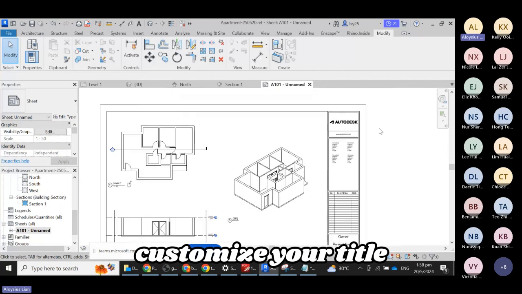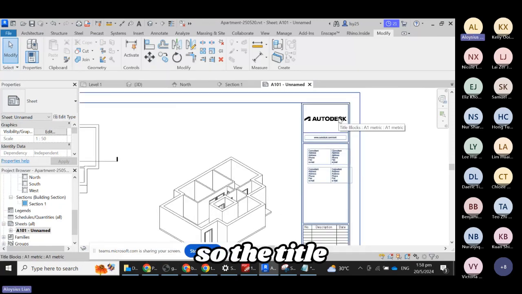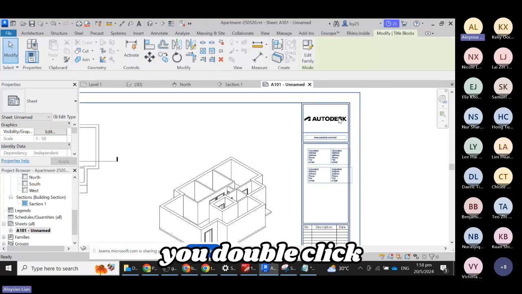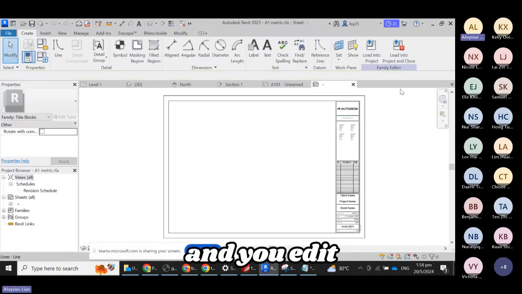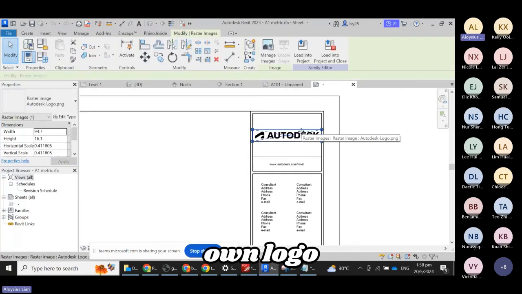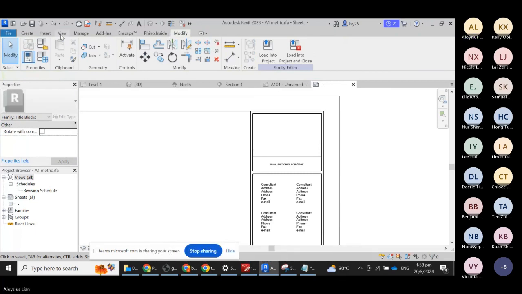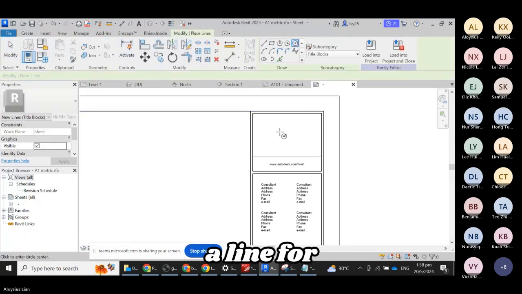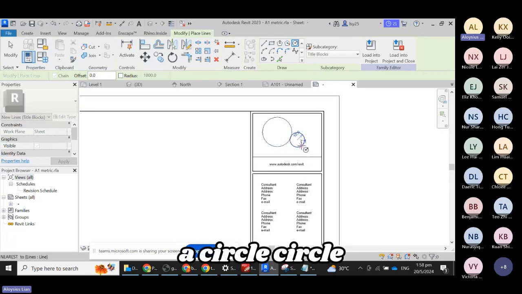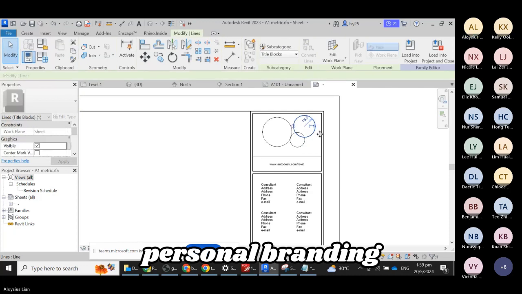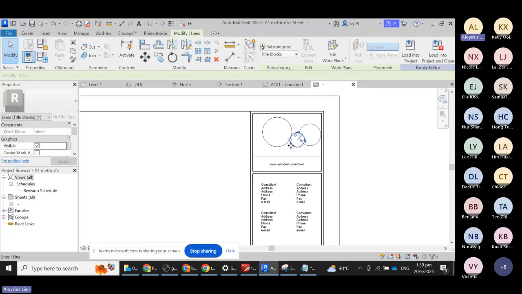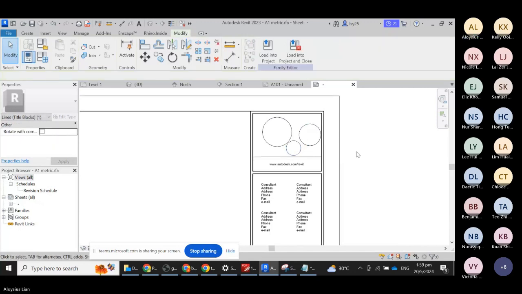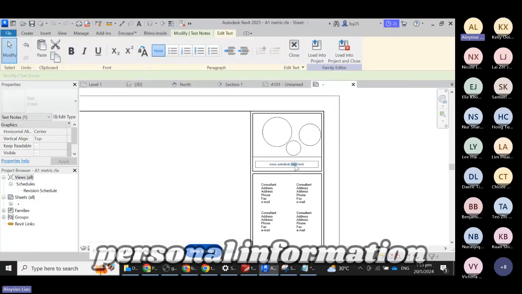Firstly, you can customize your title block. So the title block is the same thing, it's also a family. You double click and you edit the family. You can change this to your own logo. This is something that all of you would have already done in Cat 1. So you can draw a line. For example, you can draw a circle, circle, circle. This could be your own personal branding. Okay. You can key your own personal information